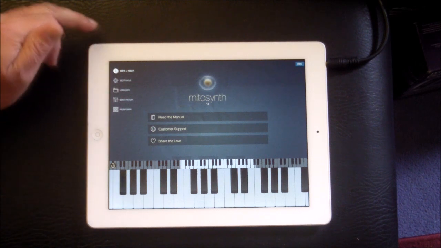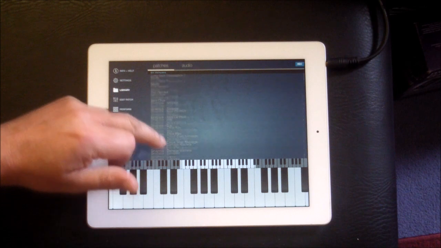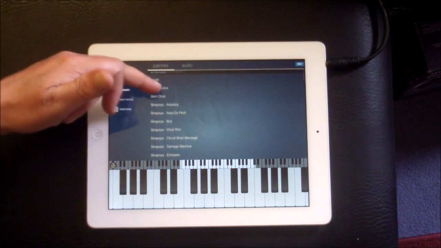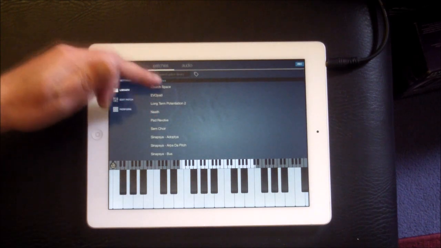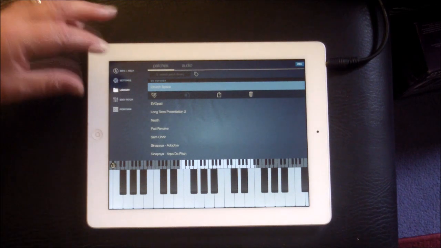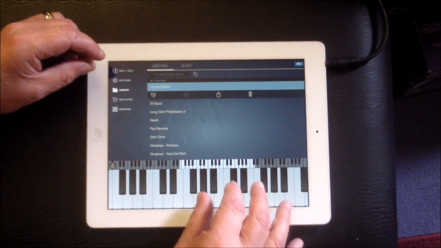Okay, so first of all, how does it sound? Well, if we touch library here are all our included patches. Now these are my patches and some of the ones that SynthMaster has done as well that I've put in here. Well, it sounds massive. So this is one of the ones that I created. Now it's pretty difficult for me to play this through the tripod, but